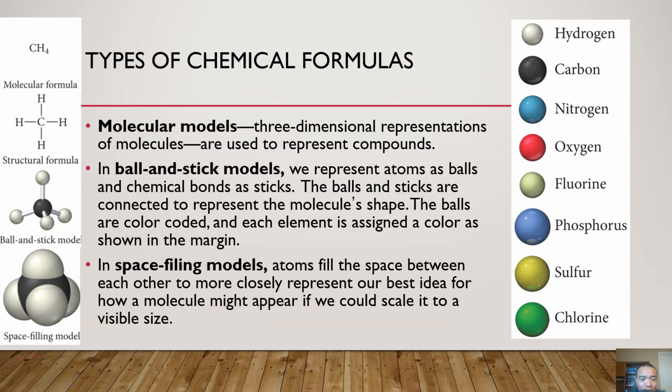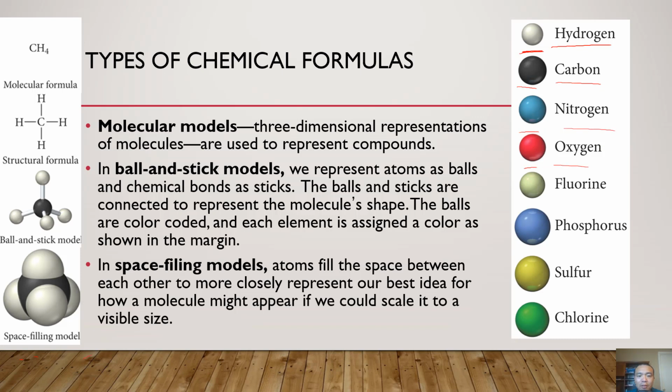In the space filling models, atoms fill the space between each other to more closely represent our best idea of how a molecule might appear if we could scale it to a visible size. Another important aspect about the ball and stick model or the space filling model is that the atoms are color-coded. For example, we use white to represent hydrogen, black to represent carbon, blue for nitrogen, red for oxygen,